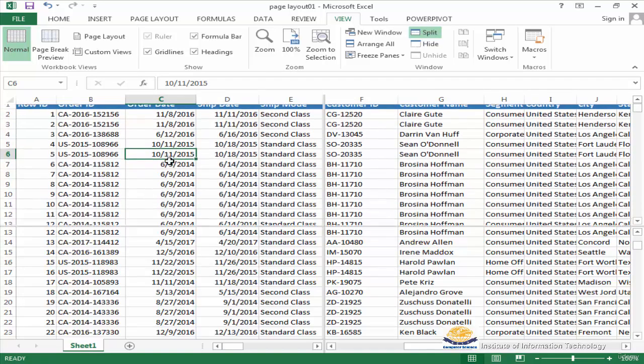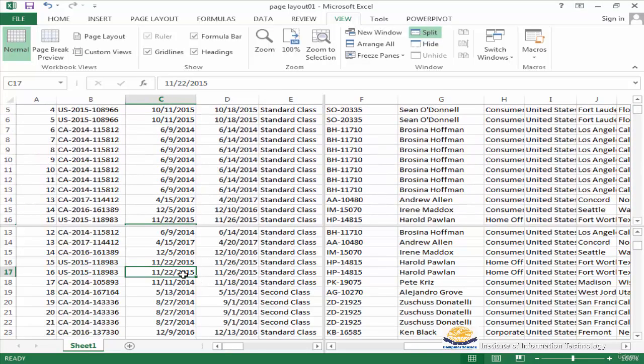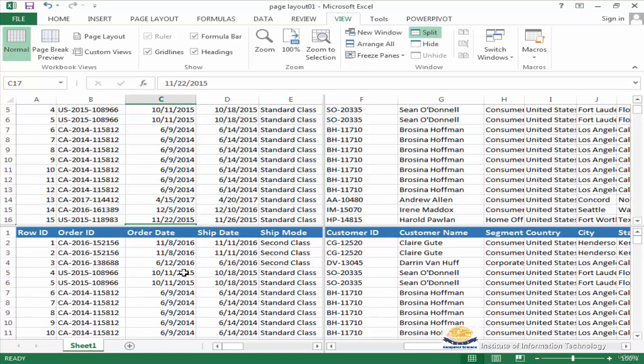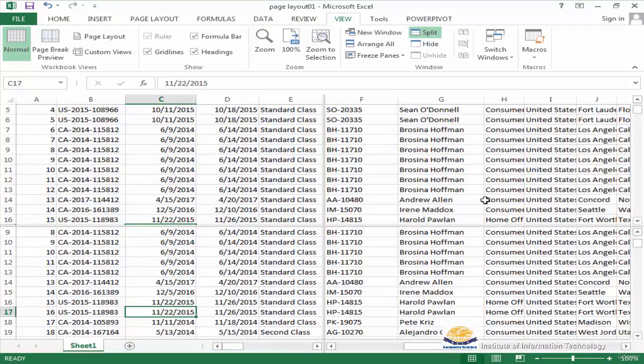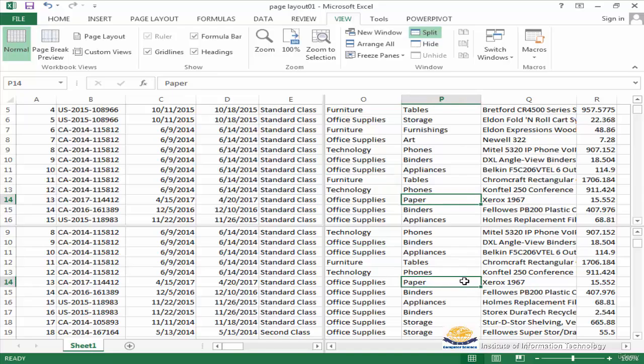You can see the first pane is scrolling. Then second one is scrolling. Then third one, I am scrolling horizontally. Then fourth one,